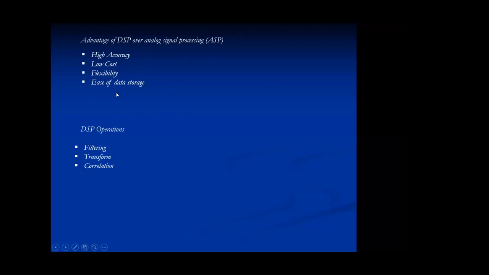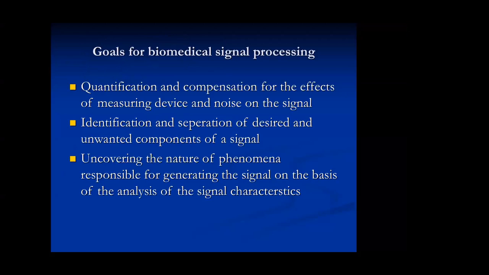Now, what are the various operations that we are going to perform on the biomedical signal in particular, or any other signal in general? So basically we have the filtering operations, transforms and correlation and power spectrum estimation, and all these are the various operations that we are going to perform on the signals. So coming to the filters,